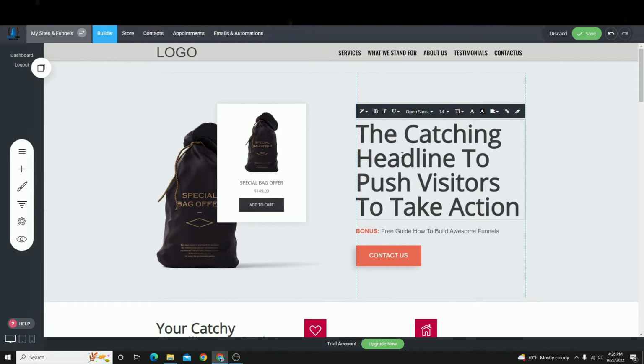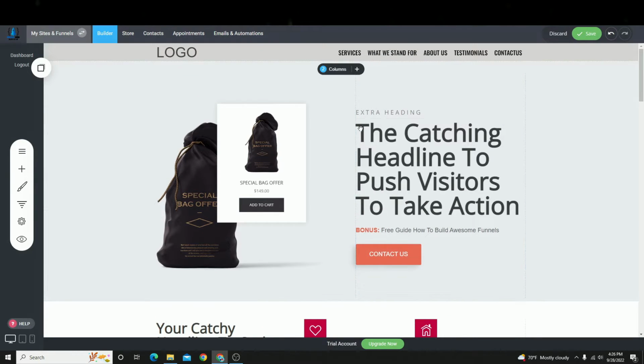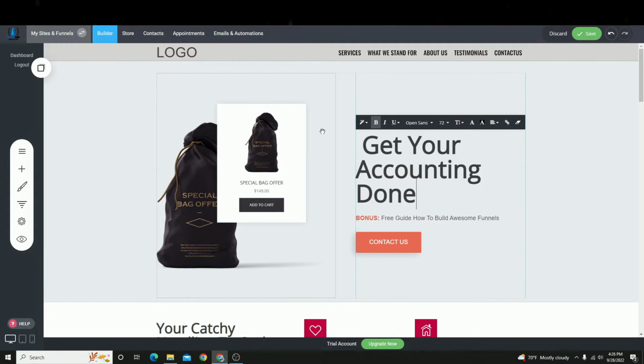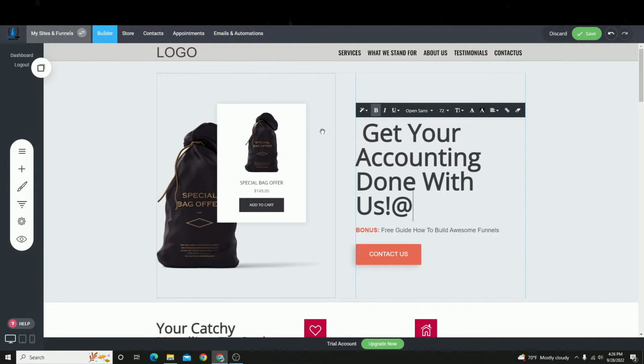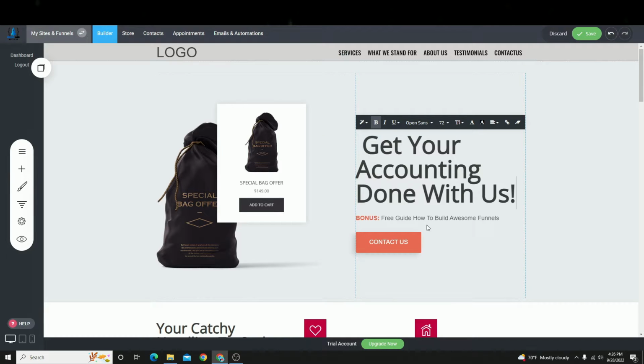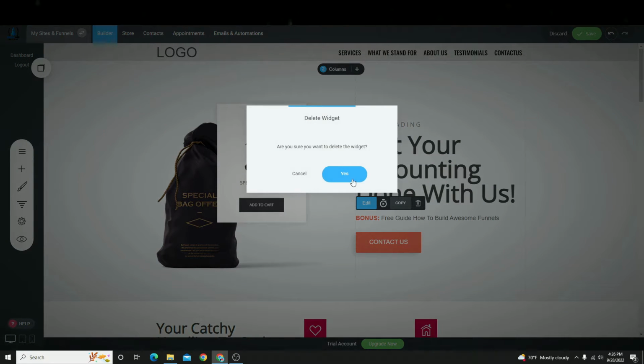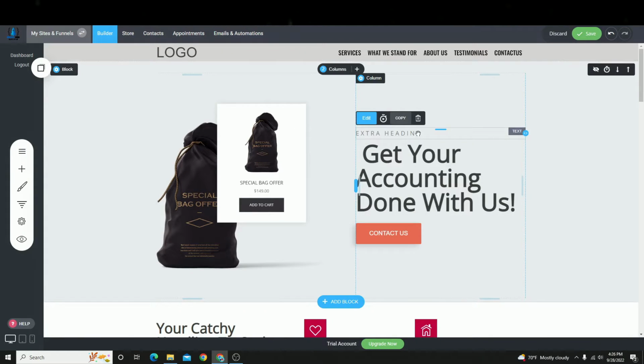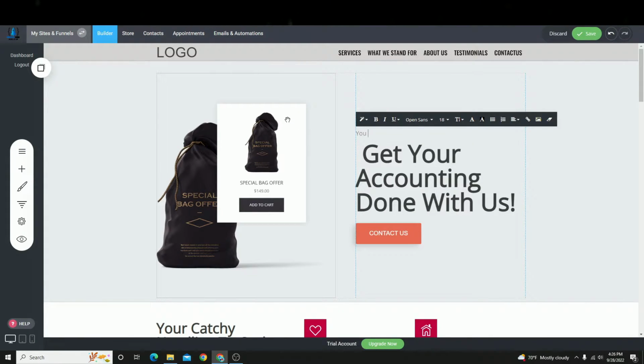The first thing, instead of typing a catchy headline, we're going to have to actually edit this text and say, need or get your accounting done with us. Something just like that, right? Now we'll remove this bonus text, and the contact us is already working,